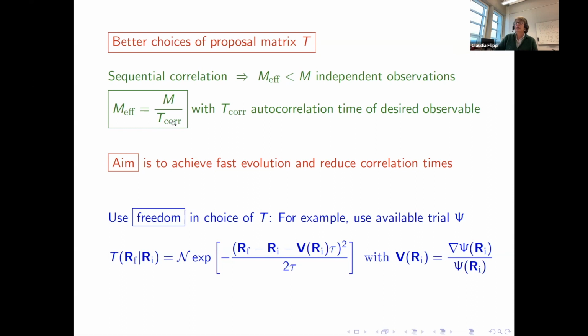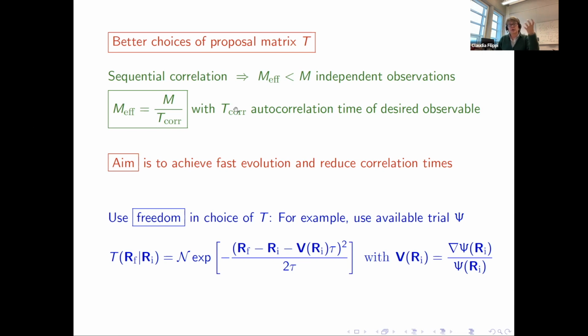It's clear that if your box is too small, you're going to accept all your moves because you're moving very, very slowly. Your wave function squared will change very, very slowly, and your correlation time will be large. On the other hand, the other limit is you choose a box which is very, very large. Fine, you propose huge moves, but then they are rejected, and still you're staying there, okay? And therefore, also in that case, your autocorrelation time will be large. And in between, there is a size of your box which will be optimal to move in space for the given observable you're actually sampling, okay?